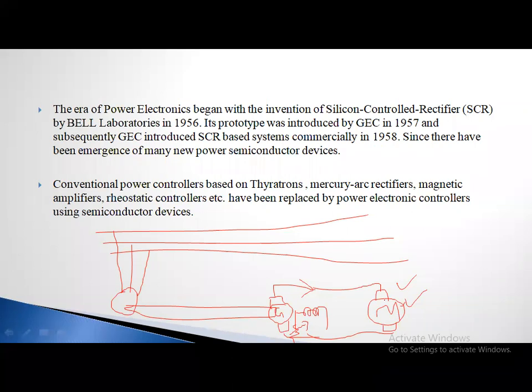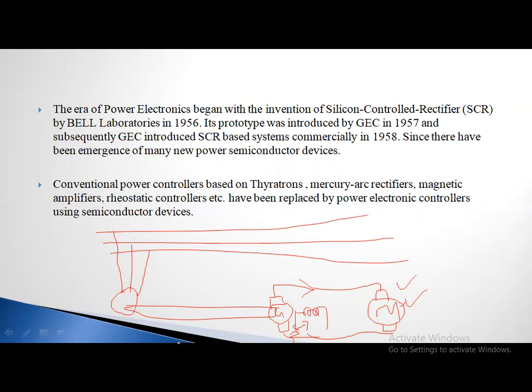But what are the drawbacks here? See here. To control one motor, one generator is used. To control the motor speed, one more generator is used, and to run that generator, we have used one more motor. See how much complexity. For controlling the speed of one motor, we are using one more machine extra. To operate that machine, we are using one more machine extra. Is it clear? So the system will be complicated, and the circuit size will be increased.